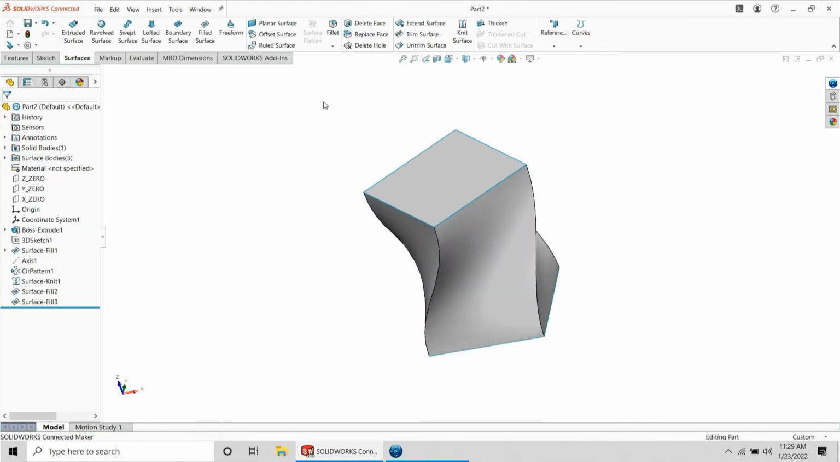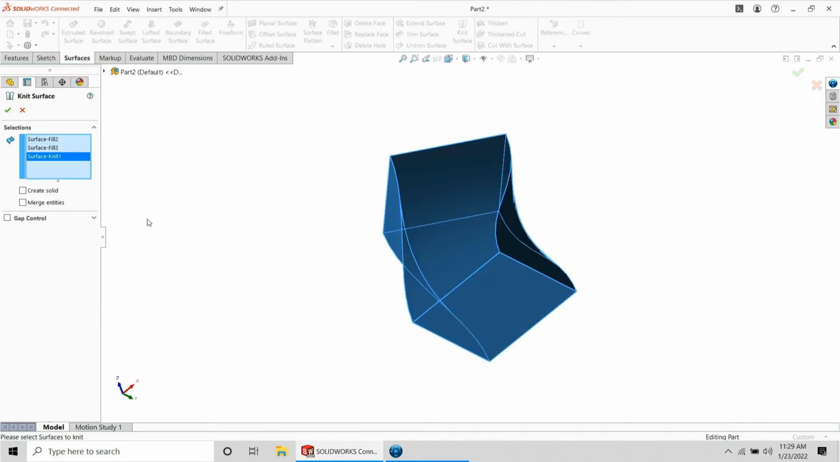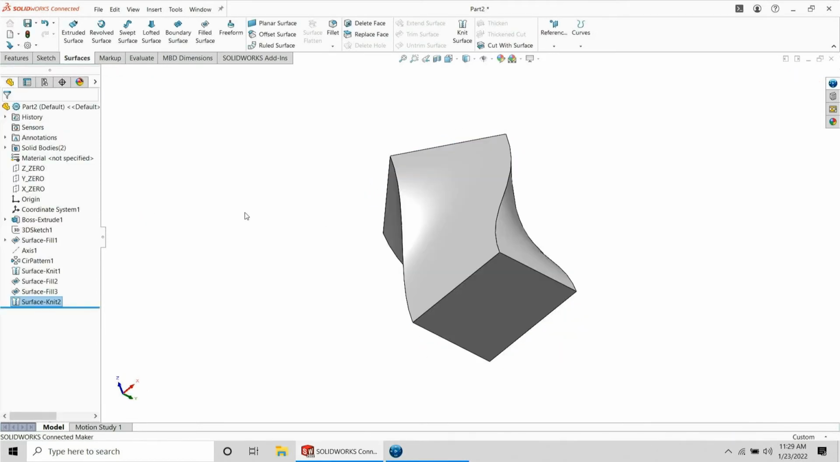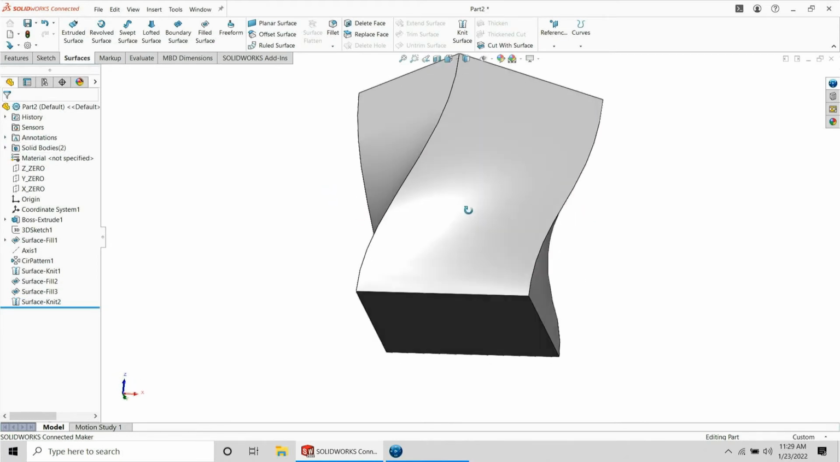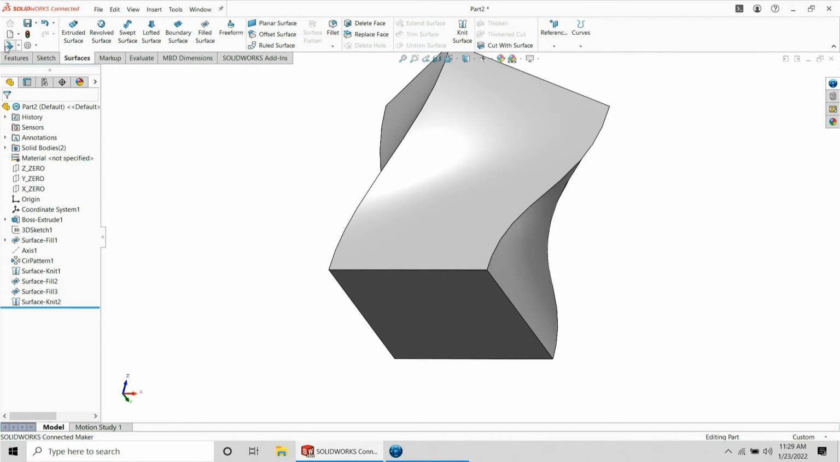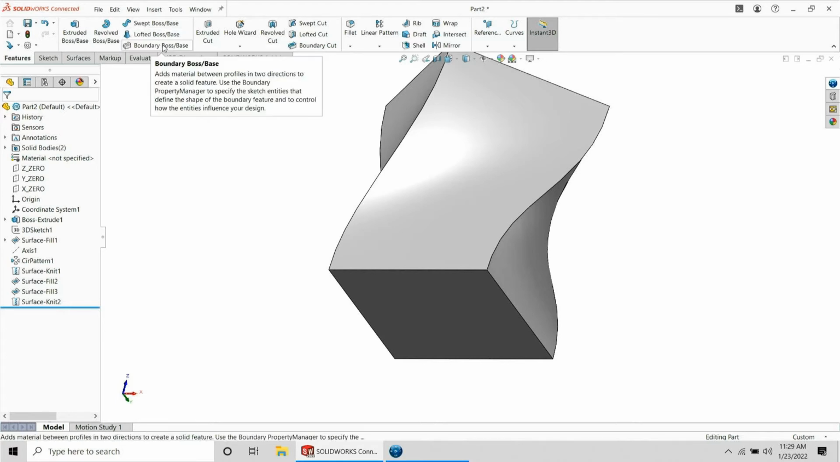So that's just a little kind of cheat that you can do. So I'm going to knit, knit, knit, create solid. Alright, so now I've got this thing that perhaps I could have done with a lofted boss, or something like that, but